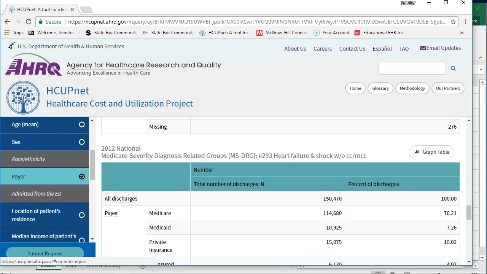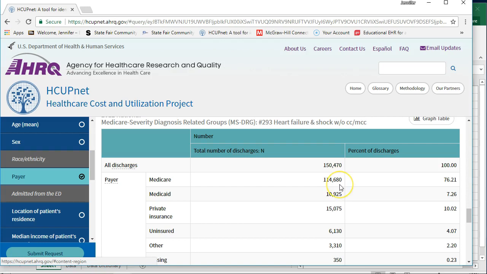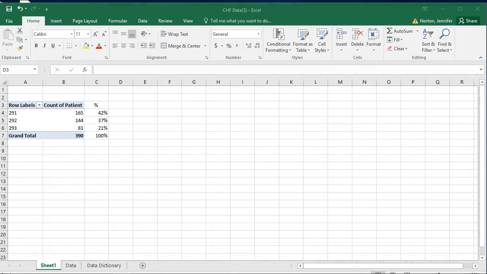And then for our 293, Medicare as the payer, our discharges 114,680. So what we're going to do now is plug that information into our